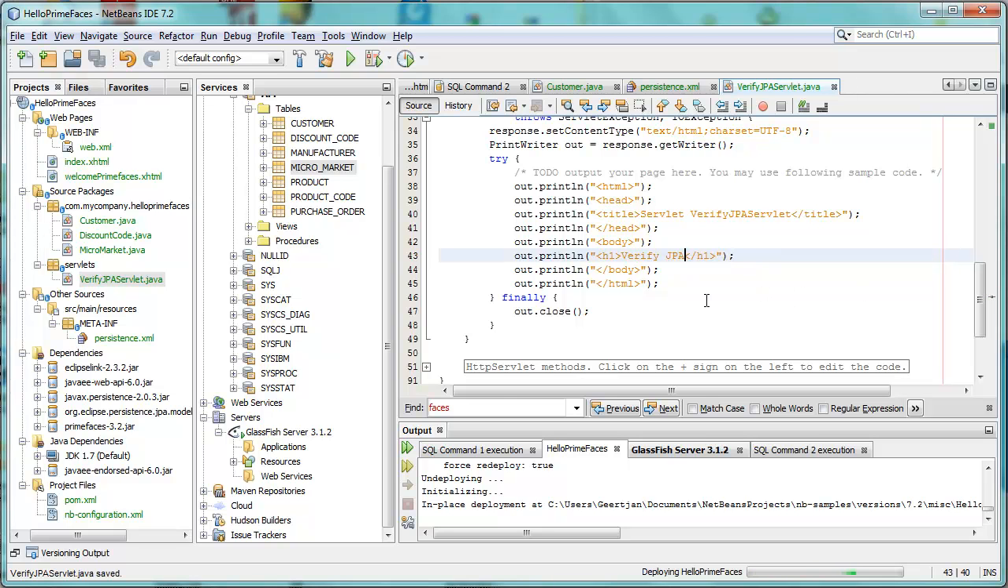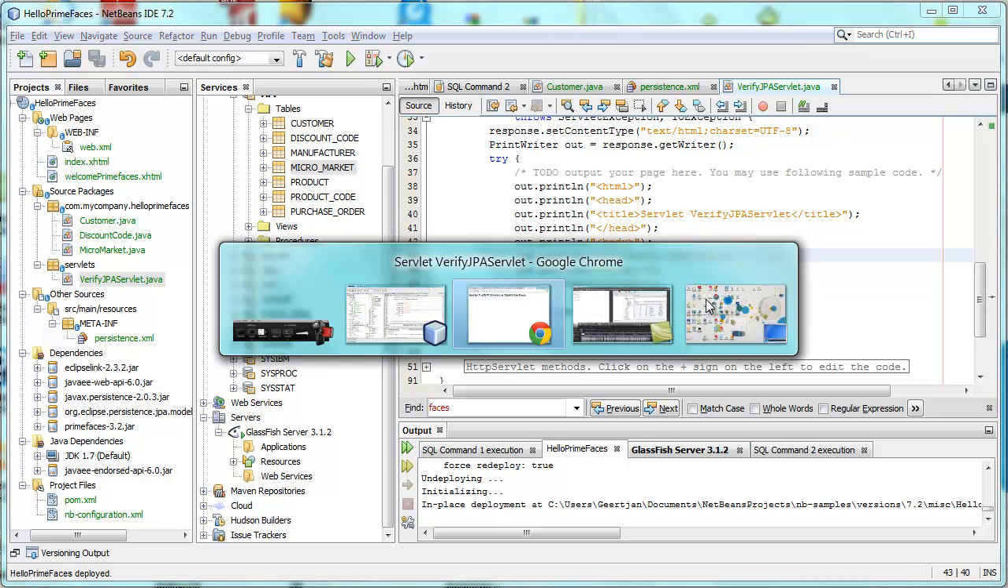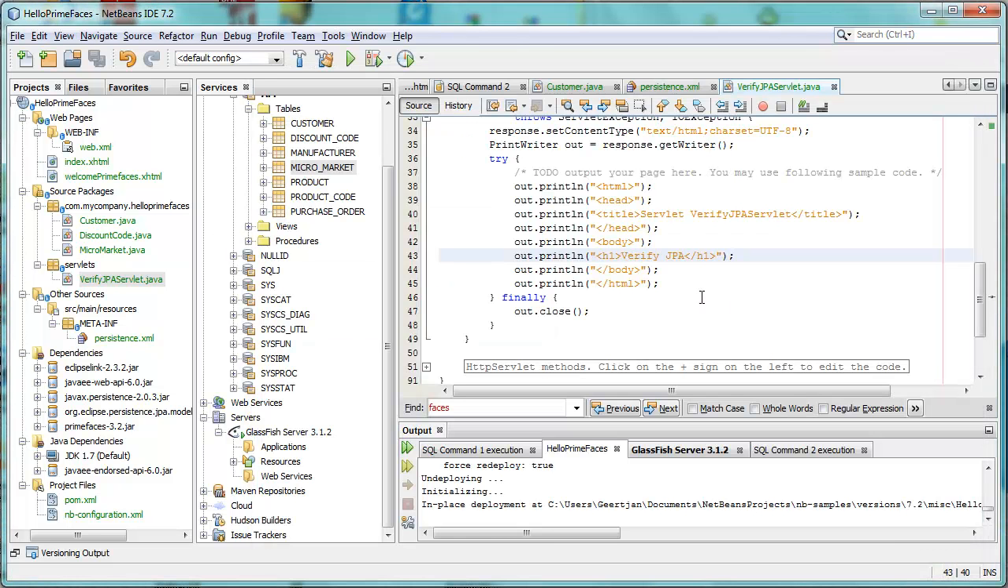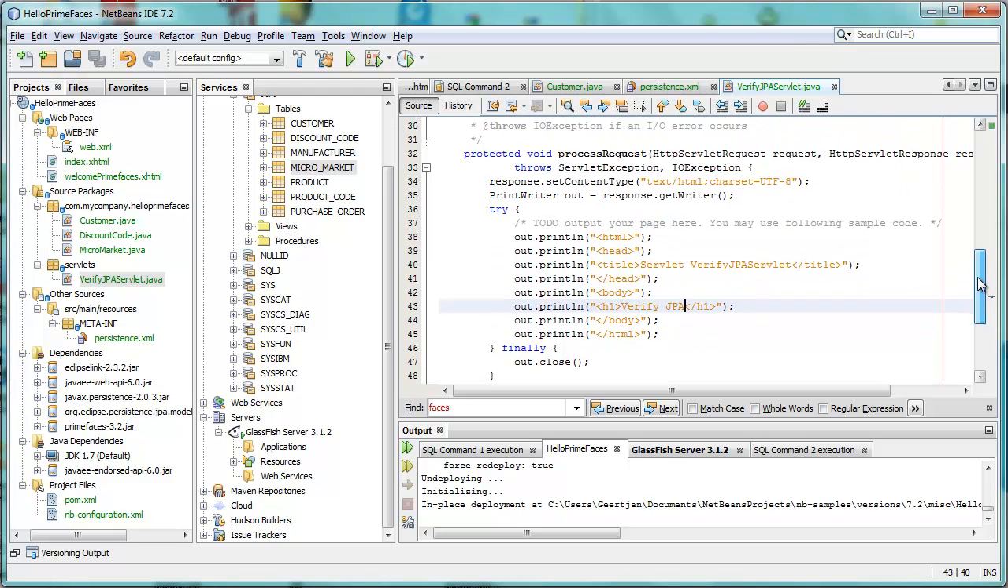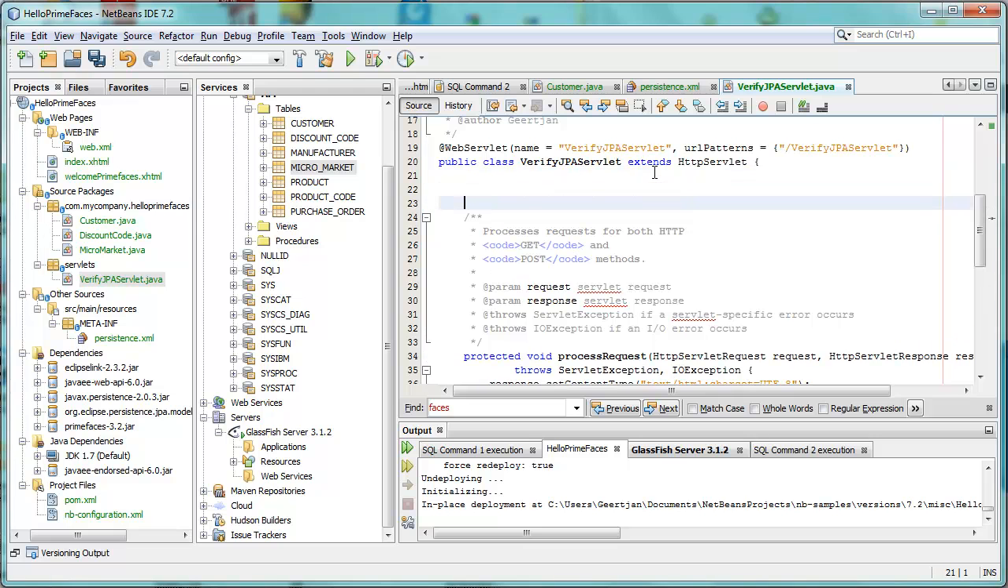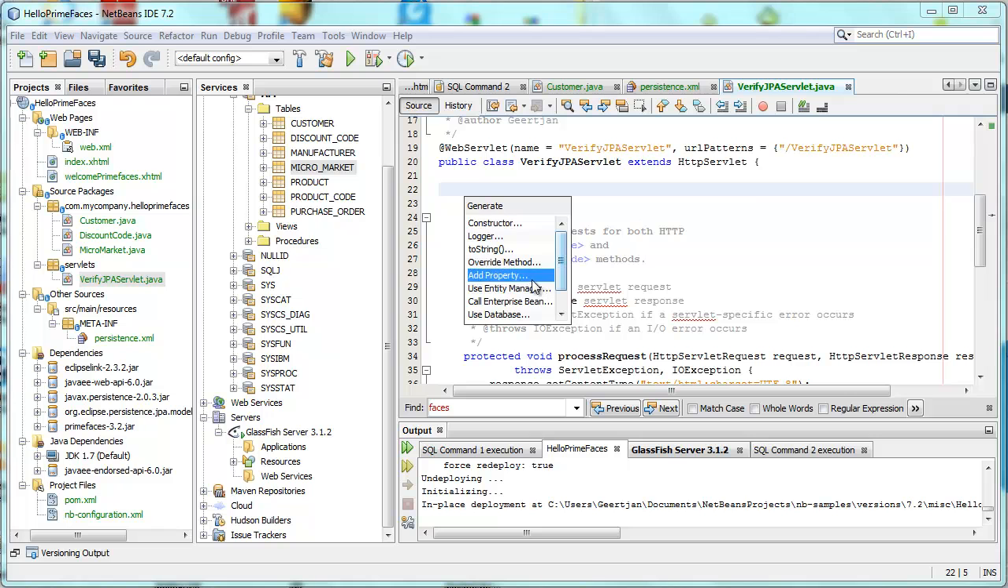Save it, and the nice thing in NetBeans is that as soon as you've saved a file in your web application, the whole application is redeployed, and here you can see verify JPA. Okay, now we want to access our data from our servlet as a quick check before continuing and getting into deeper waters. I press Alt Insert and I say